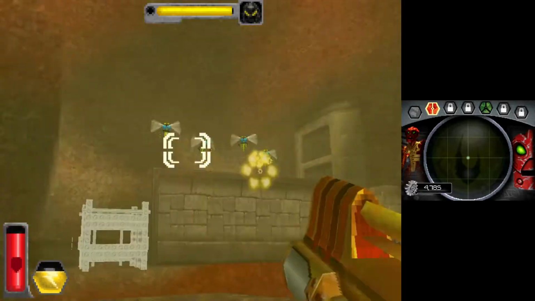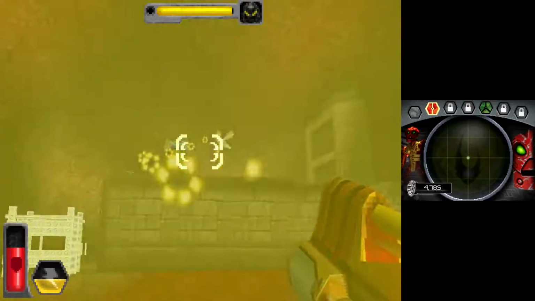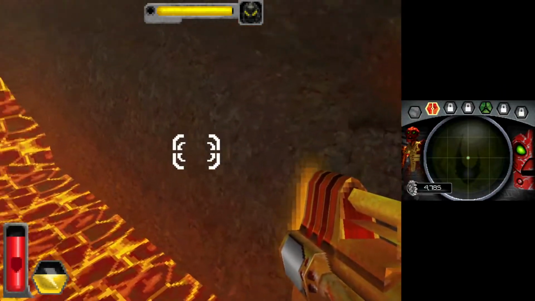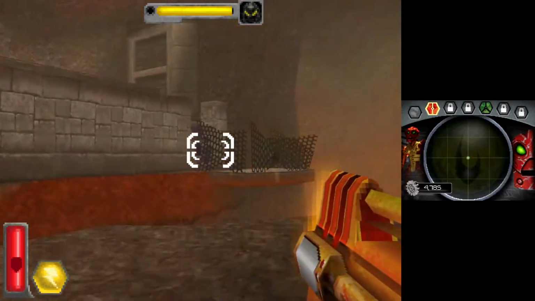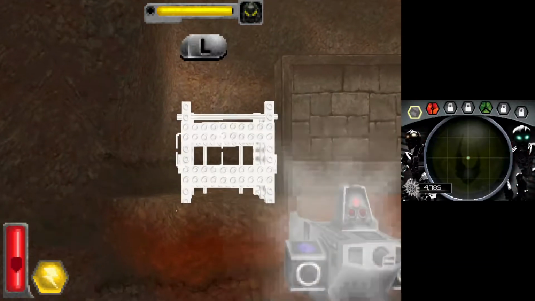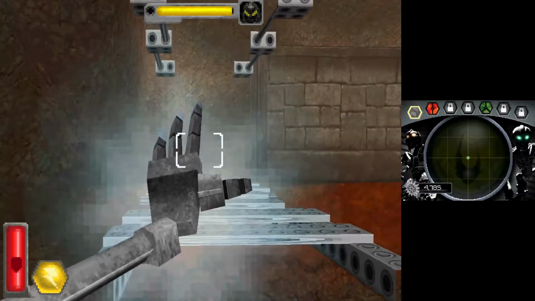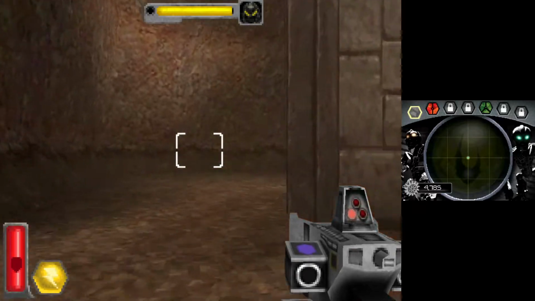I always like to take these guys out first before constructing, because they'll mess you up. Also, another thing, there's lava down there. And when there's lava, there's exploration. So yeah, it's really got some Metroid elements to it, which makes the levels fairly replayable,